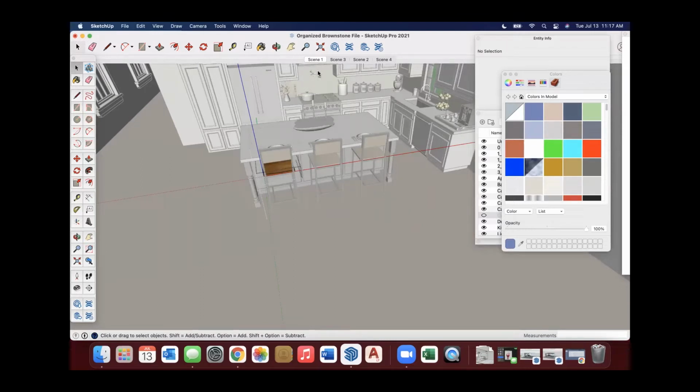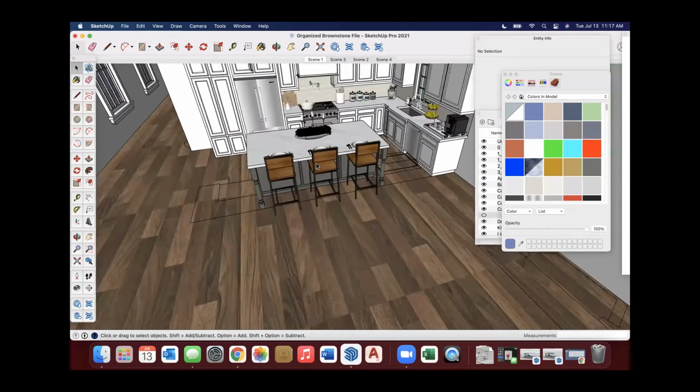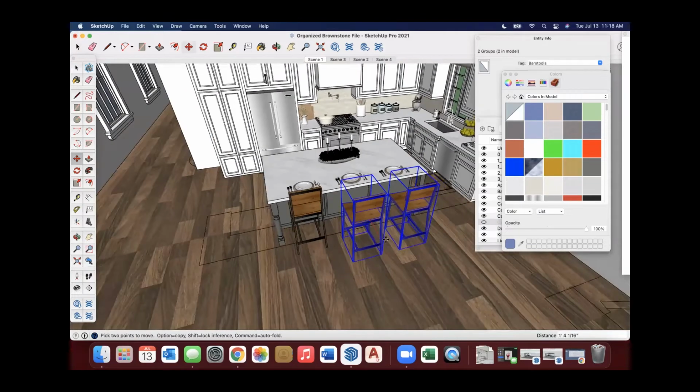Whoopsie. Sometimes we have to wait. My computer's just kind of hanging out there. I went a little too fast for it. So this is actually a perfect example of how to fix this. What I'm going to do is move these off to the side. I'm going to just select and move that